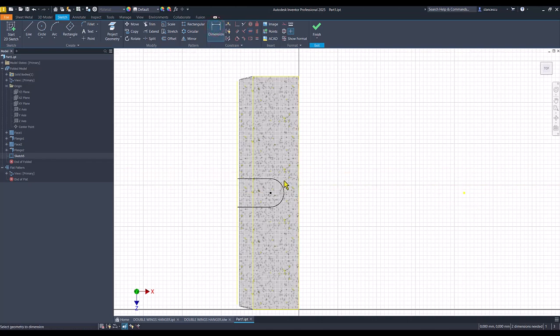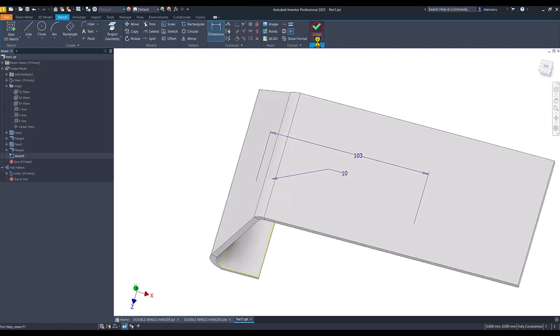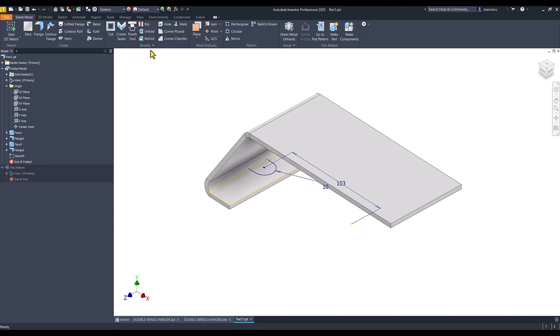Dimension, radius is 10, and the distance between these two points, this point and the center point, is 206 divided by 2. Okay, finish sketch. We apply extrude, not face,